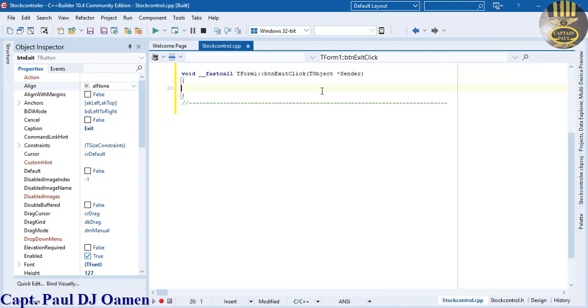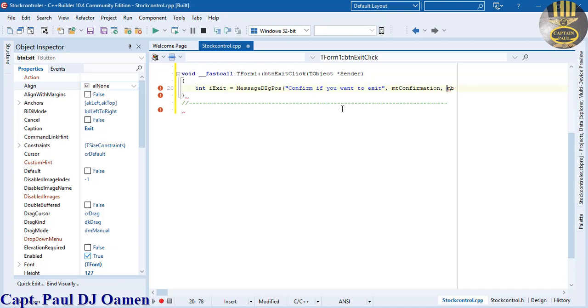Right in there, I want to be able to exit out using message prompt. So I'm going to start by saying integer I exit, and my I exit is going to be equals message dlg. So that is going to be post, and what I want it to post, I'm going to call it, let's say, confirm if you want to exit. Alright, so come out of it, enter a comma. Now I'm going to say empty confirm, no empty confirmation. Add another comma, and I'm going to enter MB